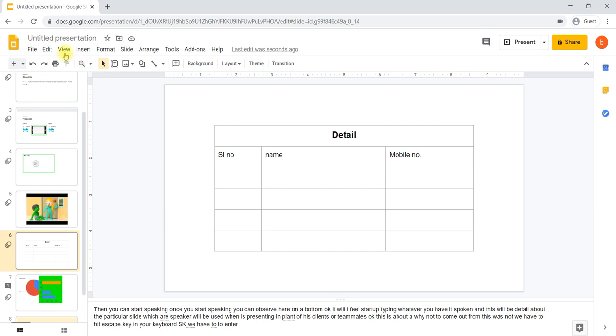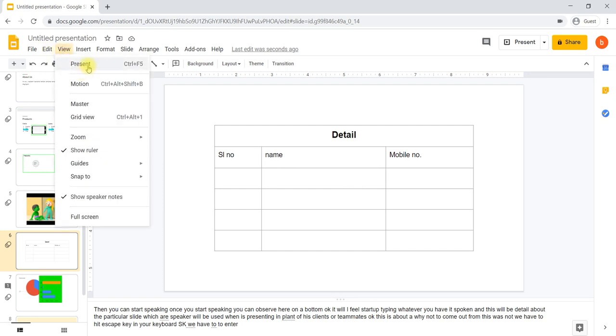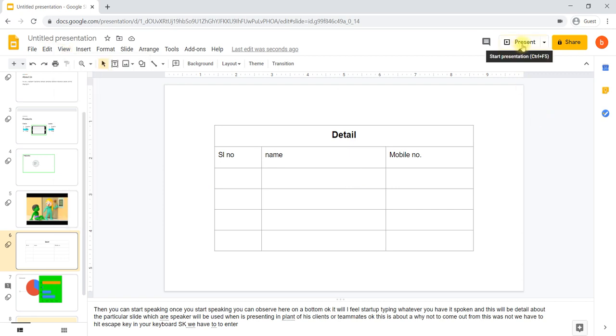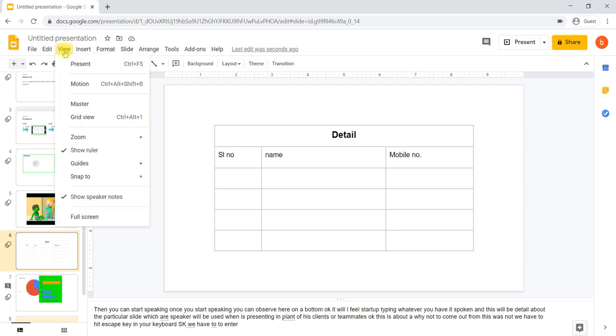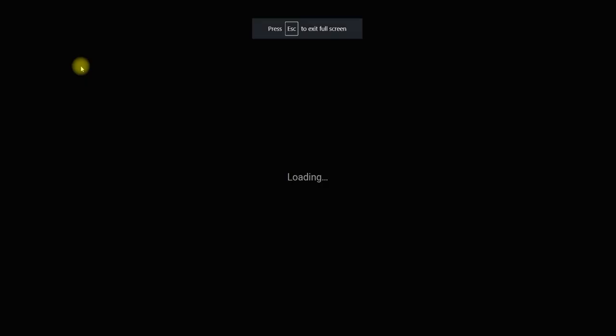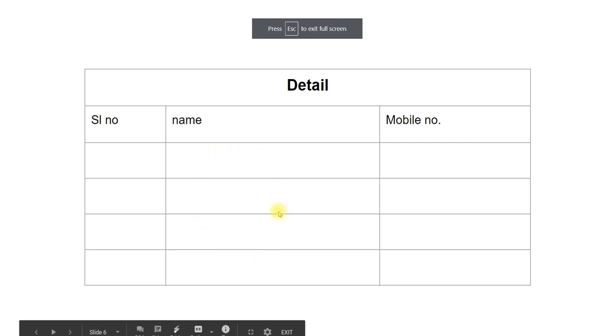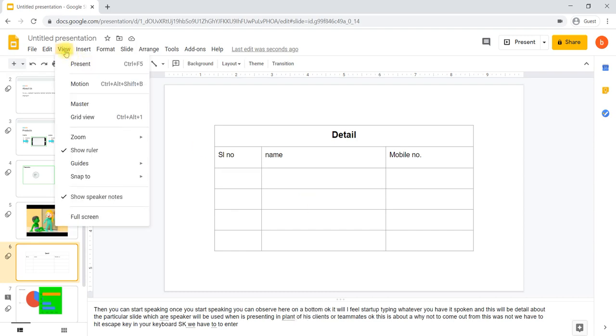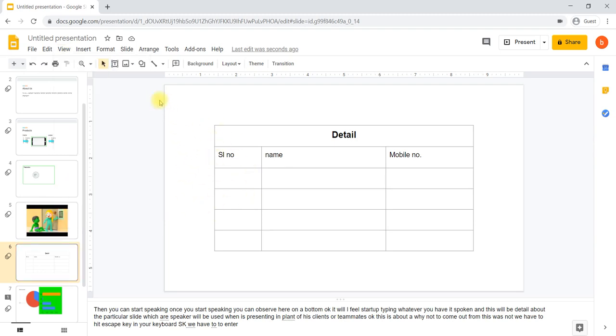For example, if you go to the presentation in view mode, you can go to present. Okay, if you are not able to see this present in your quick access toolbar here, you can go here, View, Present. Okay, it will take a presentation. Only when you have activated a voice note, the speaker note is activated, and only the speaker is able to see that in his laptop. Okay, this is about a speaker note, and how we can write a speaker note by using a voice tool.